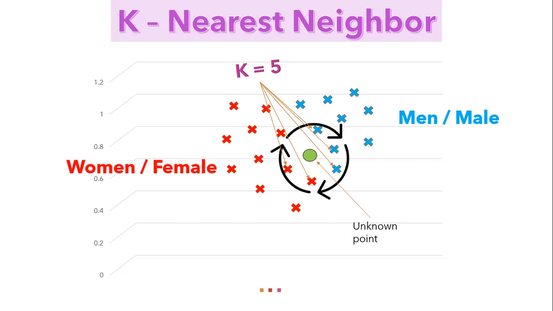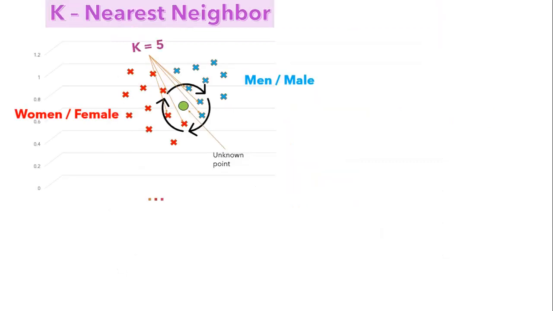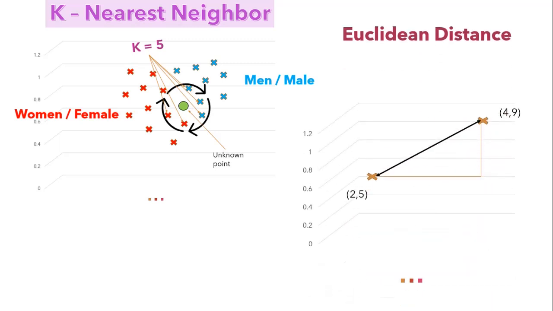But you might be wondering, how are these nearest neighbors found? So guys, this is where the mathematics comes in. KNN uses a similarity metric to determine the nearest neighbors, and that can be performed using many different notions of distance. Euclidean distance is the most popular notion of distance, where we calculate the length of a straight line between 2 points, that is the unknown point and the data point.